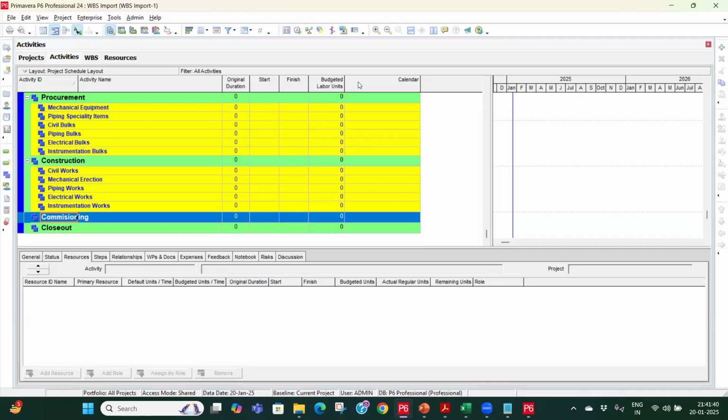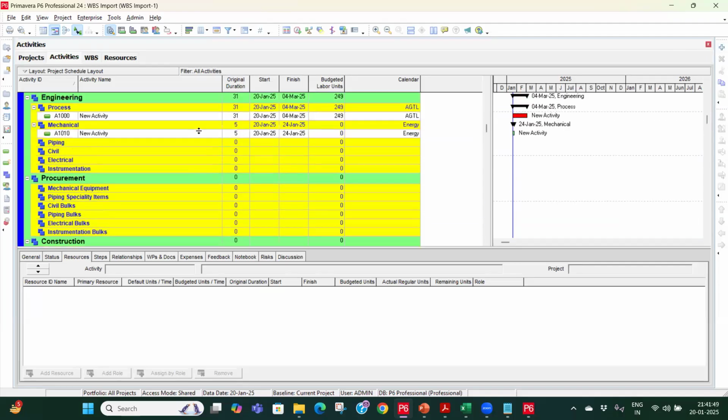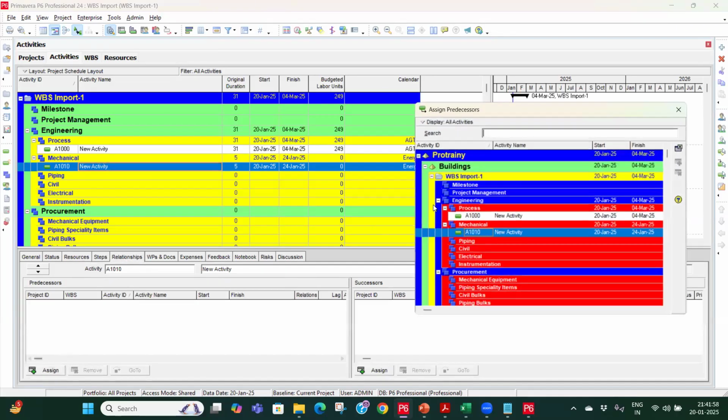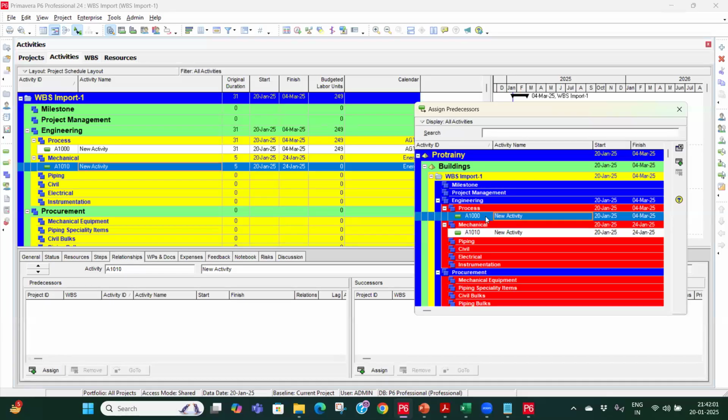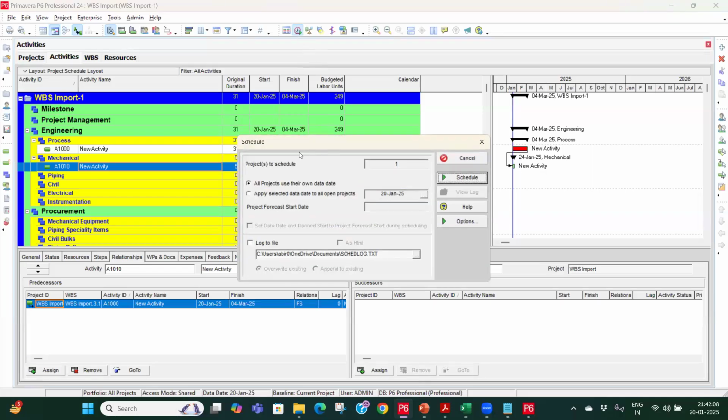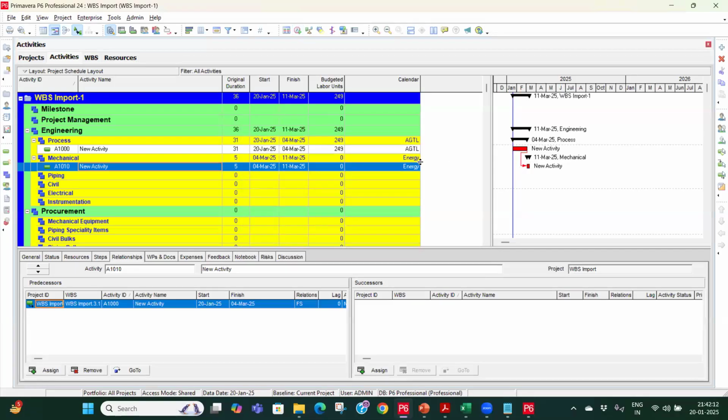प्रोजेक्ट। उसके बाद आपको डब्ल्यूबीएस बनाना पड़ेगा, जो हमने अभी बनाया, जो कि एक कलरफुल वे पे आएगा अपना एक्टिविटी टैब पे। उसके बाद ये प्लस साइन प्रेस करके आपको यहाँ पे, लाइक आई एम एडिंग द एक्टिविटीज, एक्टिविटी ऐड करना पड़ेगा, फिर आपको रिलेशनशिप देना पड़ेगा। यहाँ पे नीचे रिलेशनशिप है, यहाँ साइन पे आप जाएंगे, हम सब दिखाएंगे आपको, आप चिंता मत कीजिए। लेट्स से दिस इज द प्रीडिसेसर, आई विल क्लिक ओवर हियर। तो देखिए यहाँ पे लिंकेज आ गया। जैसे ही आप बटन को प्रेस करके शेड्यूल मारिएगा, देखिए ये इसको आगे भेज देगा।